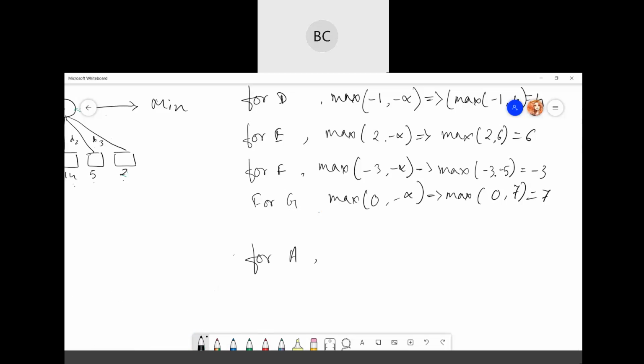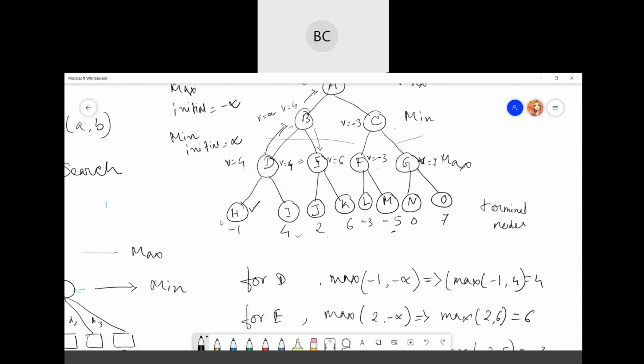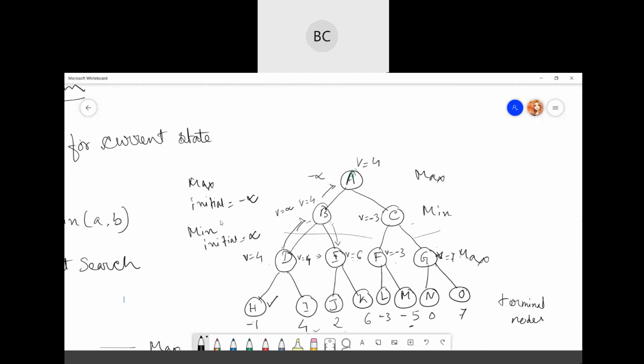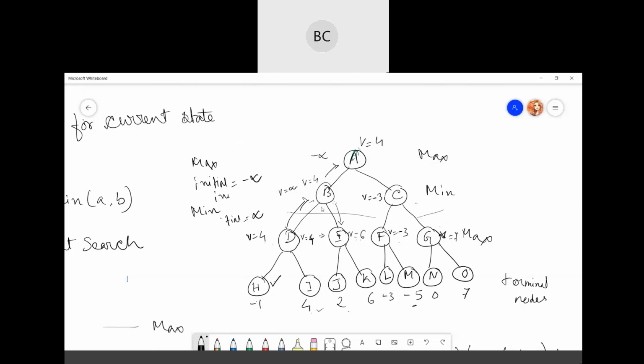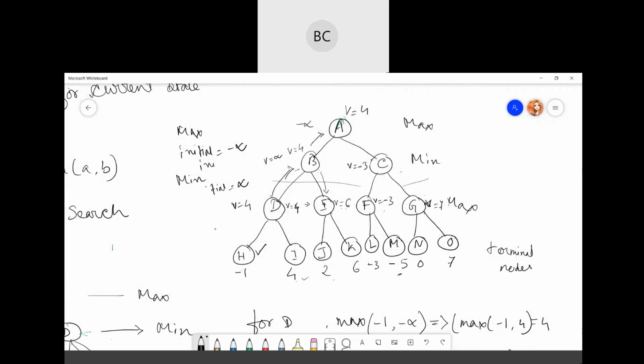For node A, you will just compare the max of... okay, let's go to B first.